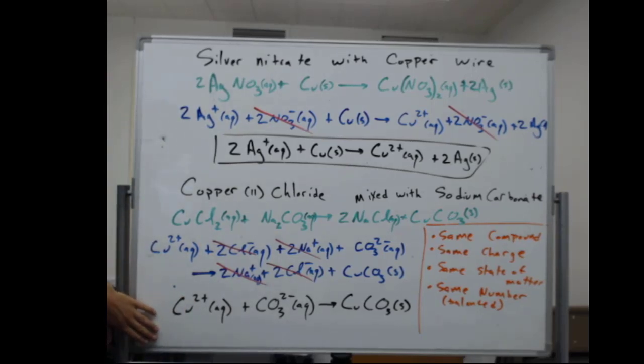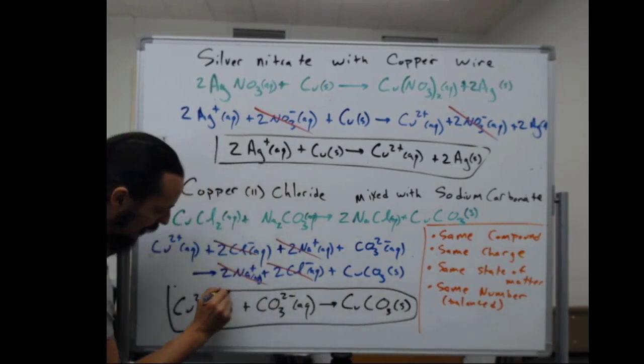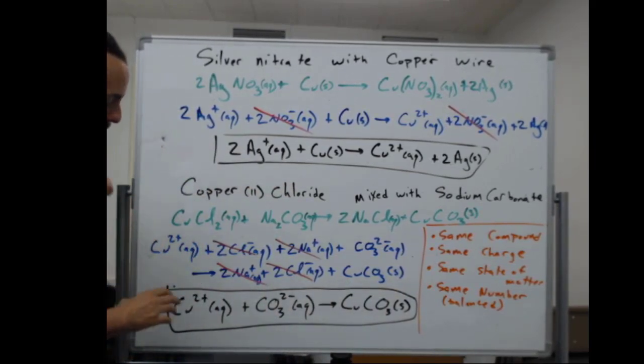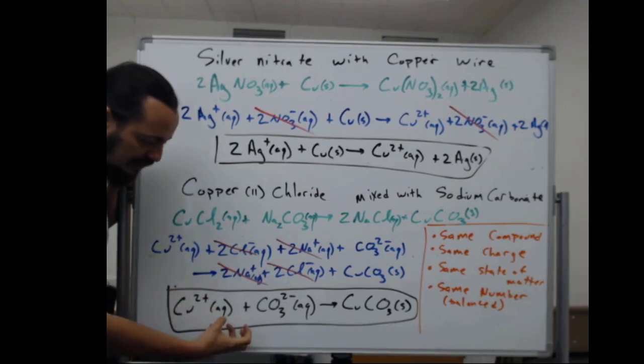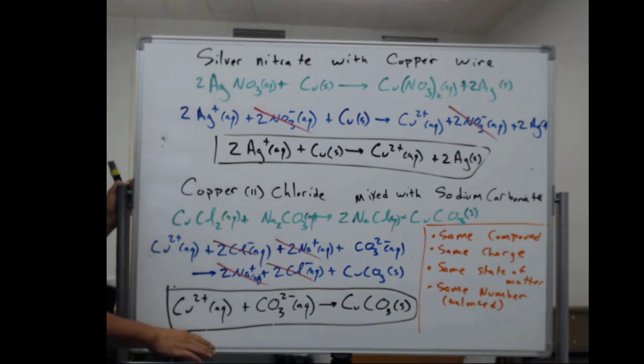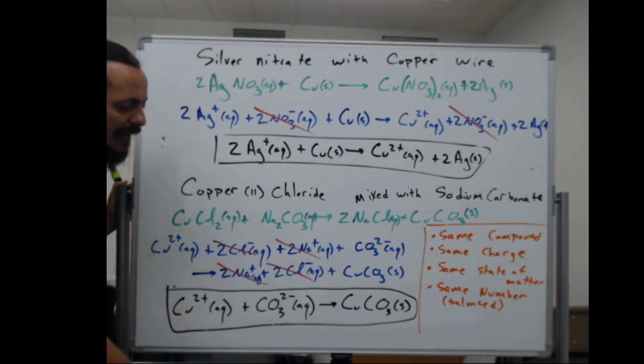So what's nice about this is we cut through most of the noise in terms of what's happening, what chemical compounds we're mixing together, and we're really just accentuating the fact that we've got 2 aqueous compounds making a solid. This is a precipitation reaction, and it's also telling us it doesn't matter how copper ions and carbonate ions get